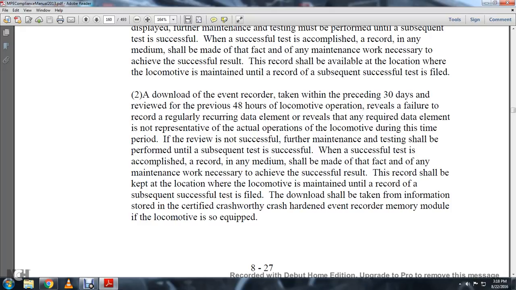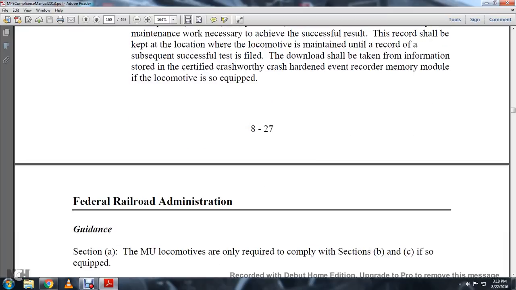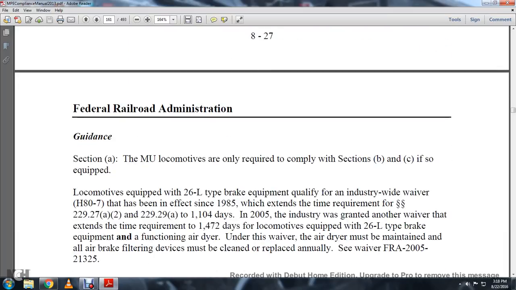The download shall be taken to include information stored in the certified crash-hardened event recorder memory module if the locomotive is equipped. Guidance. Section locomotive